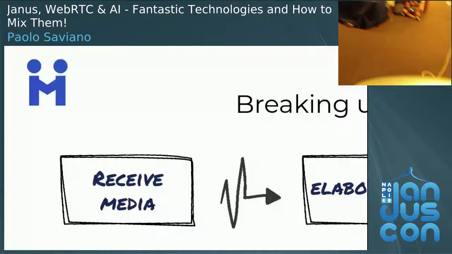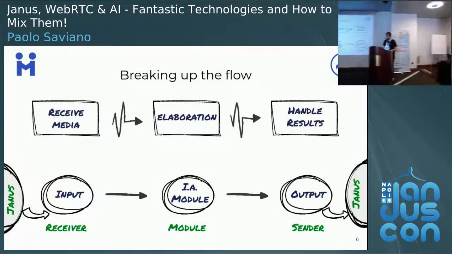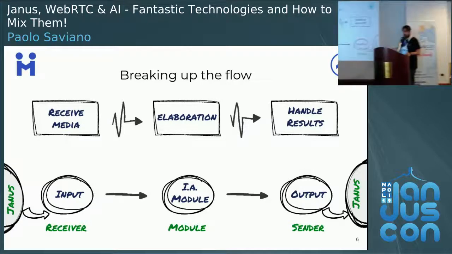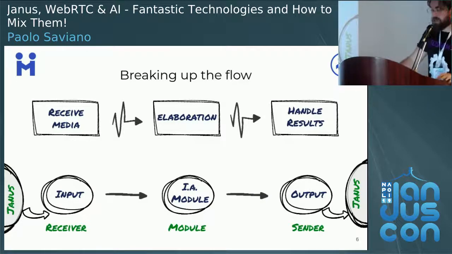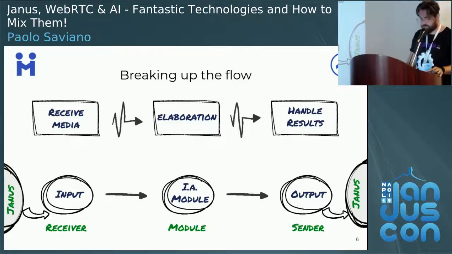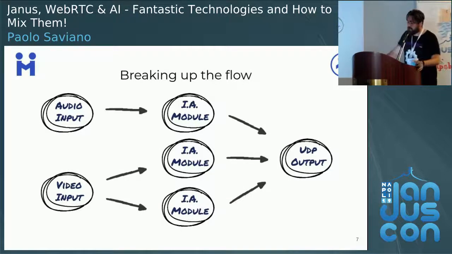From another perspective, a node able to receive the RTP stream from Janus through an underlying element, let's say FFmpeg, is a receiver. A node that has an element with the capability of sending messages to Janus, for example using a UDP client, is a sender. A node that implements any kind of inner elaboration of data is a module. So we can obtain more complex topologies attaching multiple nodes to the same output channel, or maybe attaching multiple output channels to a single node.